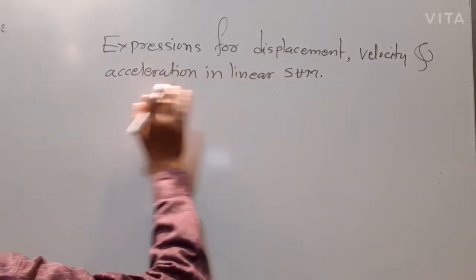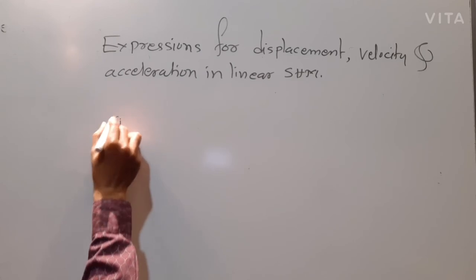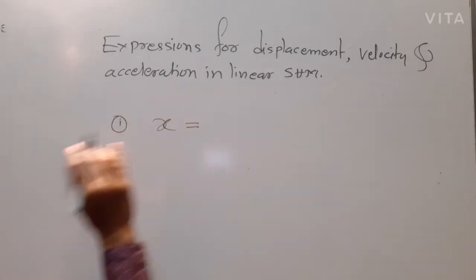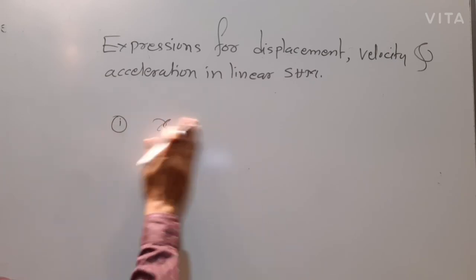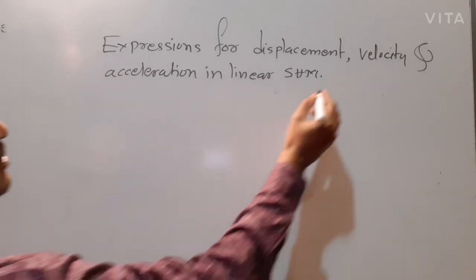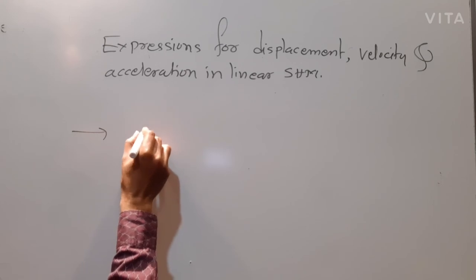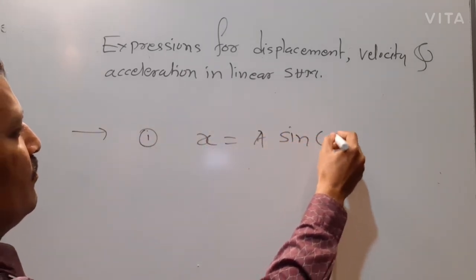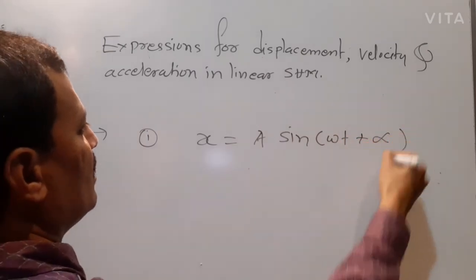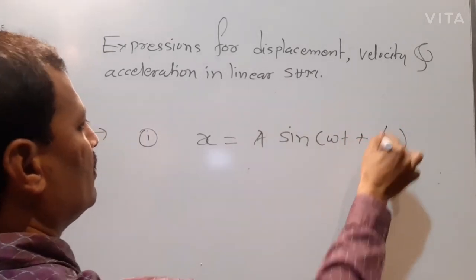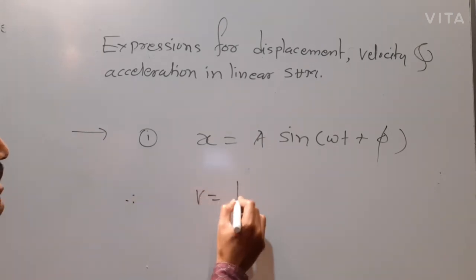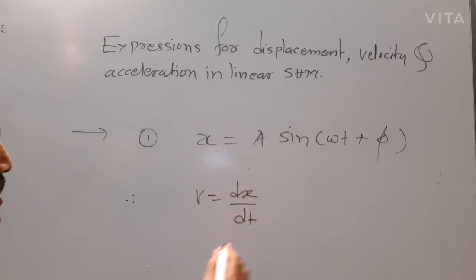First, x is equal to, in magnitude, A into sine of omega t plus alpha or phi. Write down alpha here, we can use alpha or phi, and therefore v is equal to dx divided by dt,